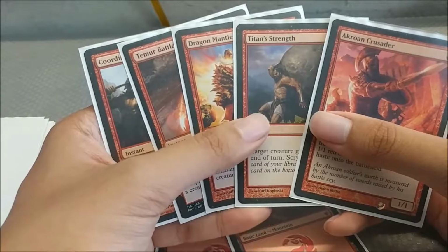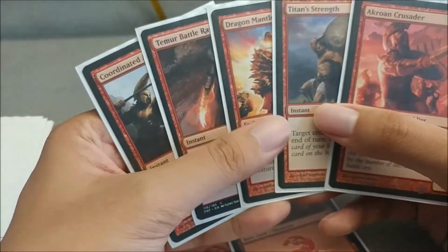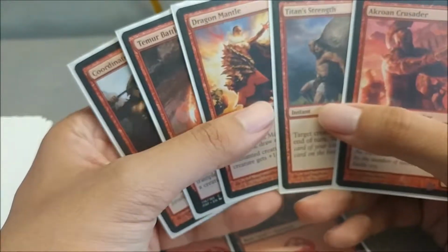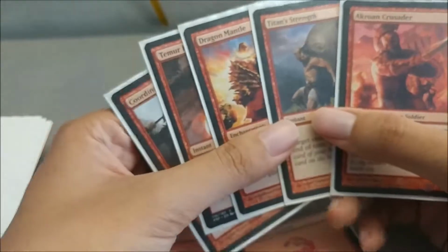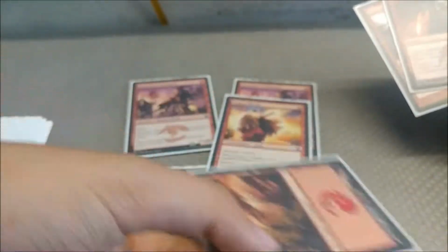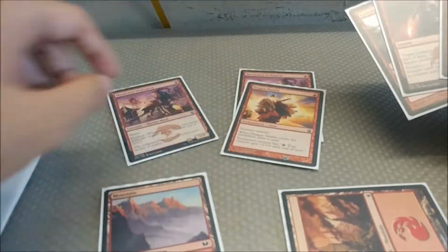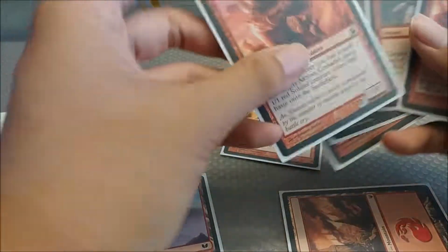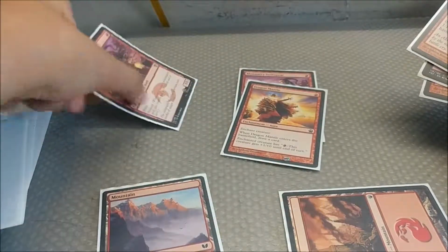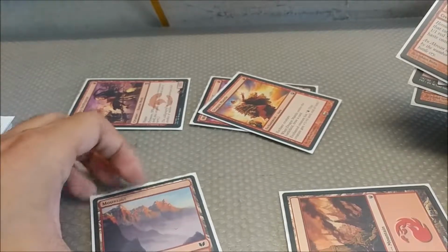What would I do? What would you do? Comment down below. So, in this particular situation, I believe what I would do is equip 1, prowess triggers, draw a card, swing with both, either declare blockers, or if you let me through, swing Titan Strength